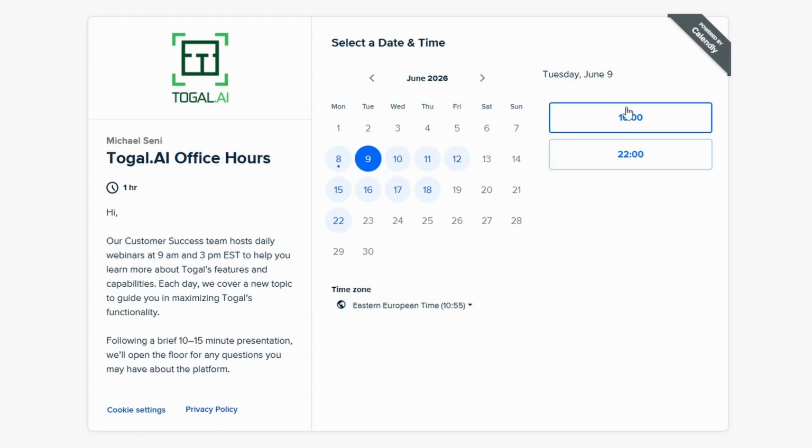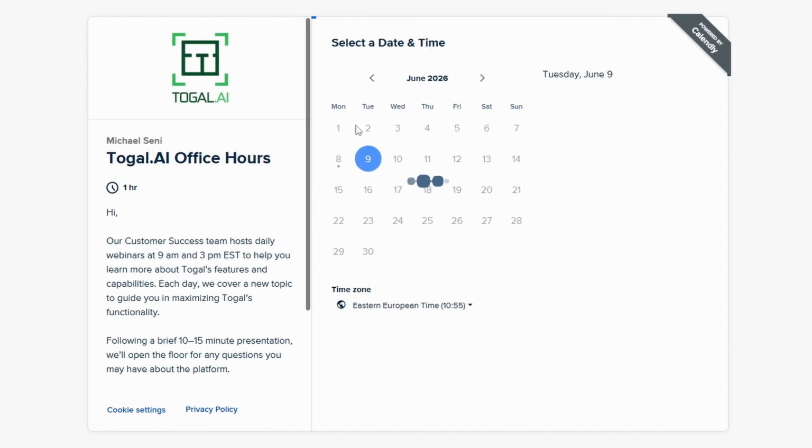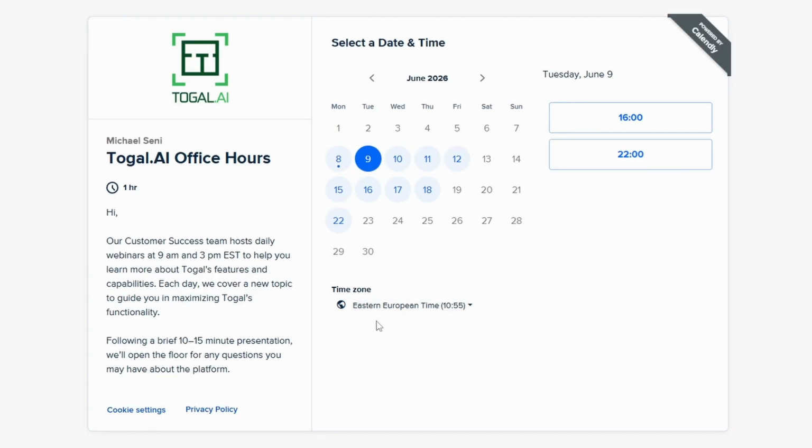where you live. So if you click on join session, you can choose a day when you want to participate, and you can choose the time as well. The next thing to do is to enter your name and email address and press on the schedule event button. And when you press that, you will get an email with an invitation to that specific session. So anytime when you have questions regarding any of Togal's features, you can join in and ask your